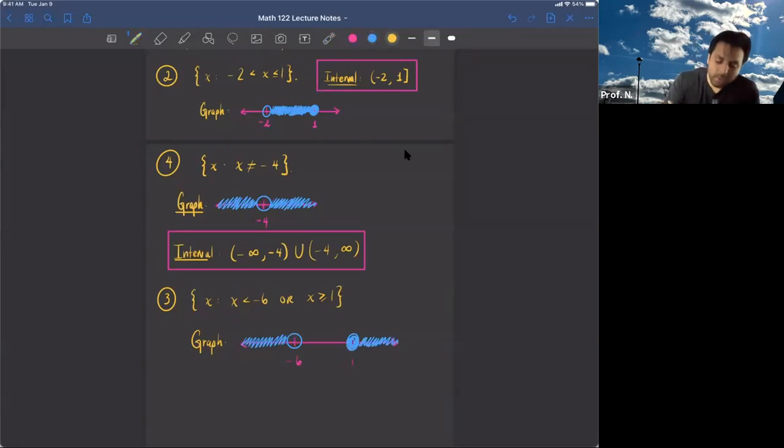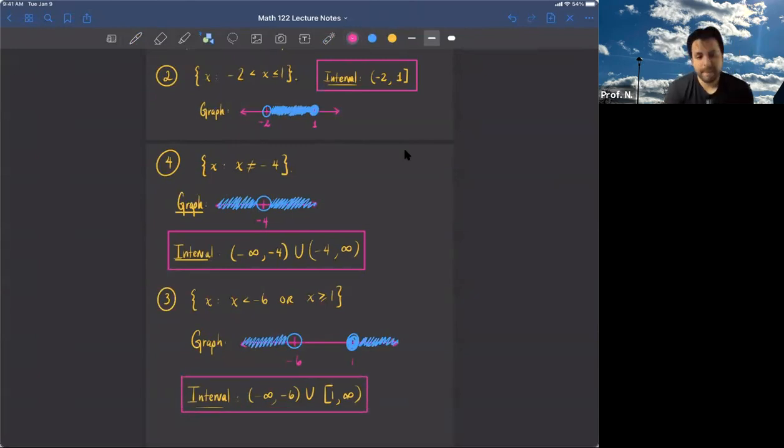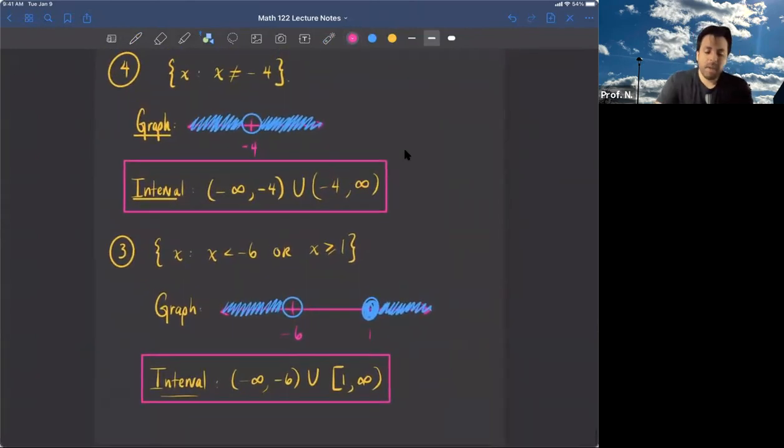So then what would be my interval? I got 2 of them. So my interval here would be negative infinity to negative 6, not including negative 6, so I put a parentheses. Then I'm going to union everything from positive 1, including 1, to infinity. So this is my interval. All right? So if we're good with this,